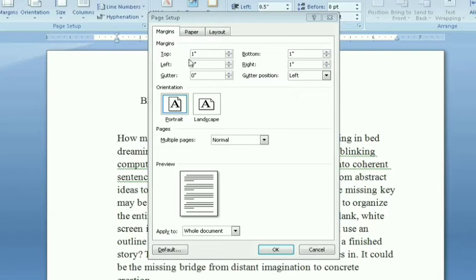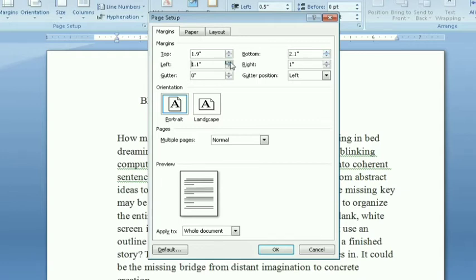Okay. Top is used to set the top margin, and again left is used to set the left margin, just like that bottom and right margins. Now you click the top button and bottom button or left and right button. In the preview at the bottom, there is one preview option that will change accordingly.